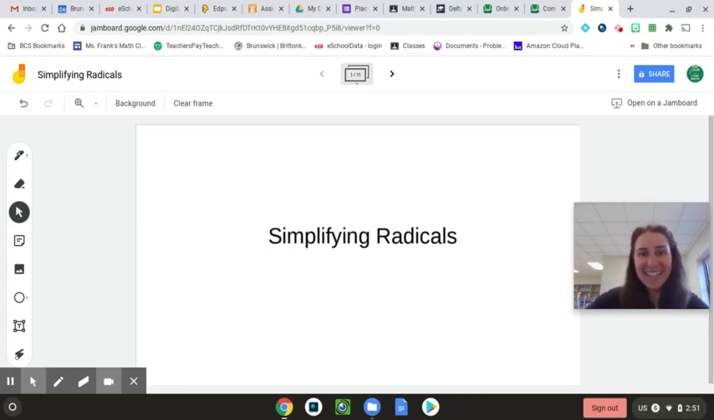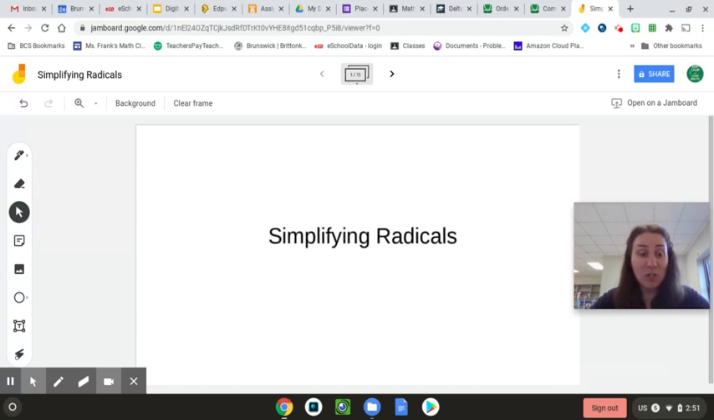Good morning. So I wanted to do more practice with simplifying radicals because I know some of you were still kind of confused after yesterday. So I am using Jamboard today, and I'm going to be showing you some more problems. We are going to go through some more advanced ones today since you should be a little bit more familiar with them. And then you are going to complete some practice problems